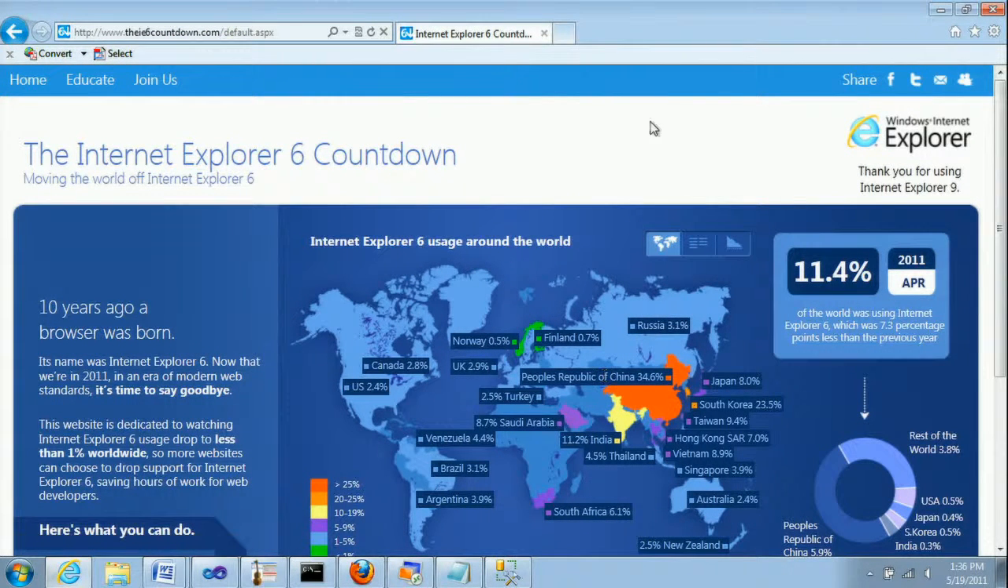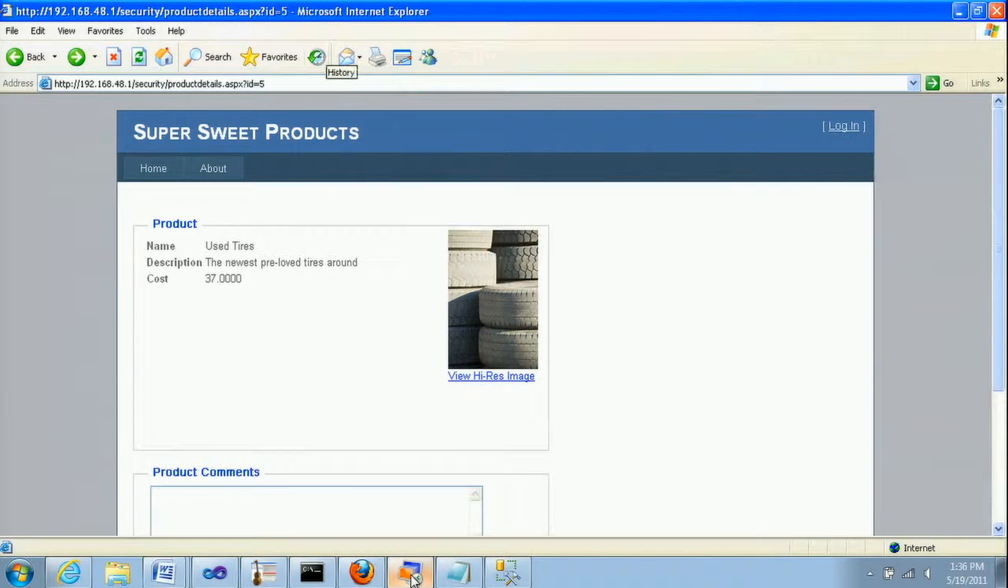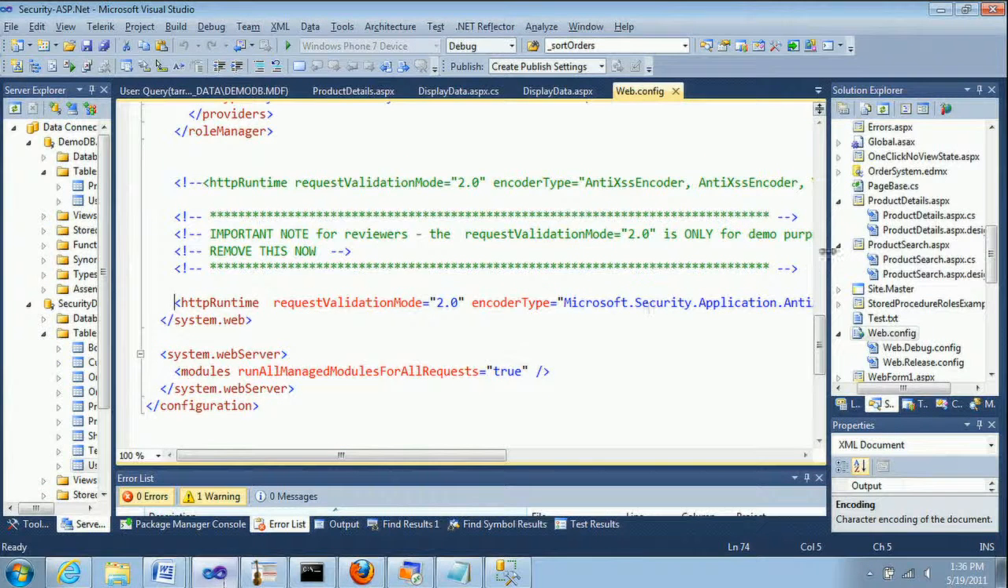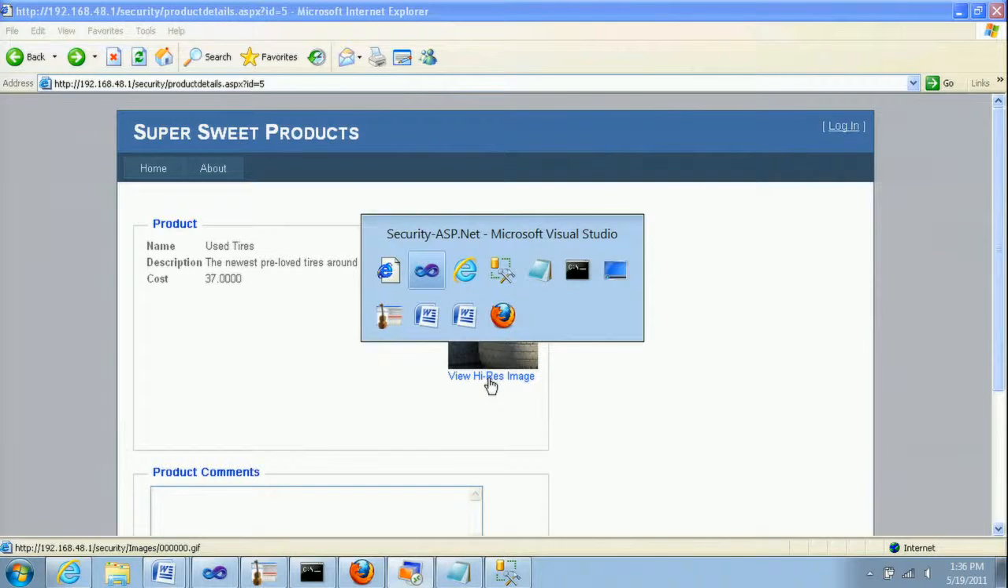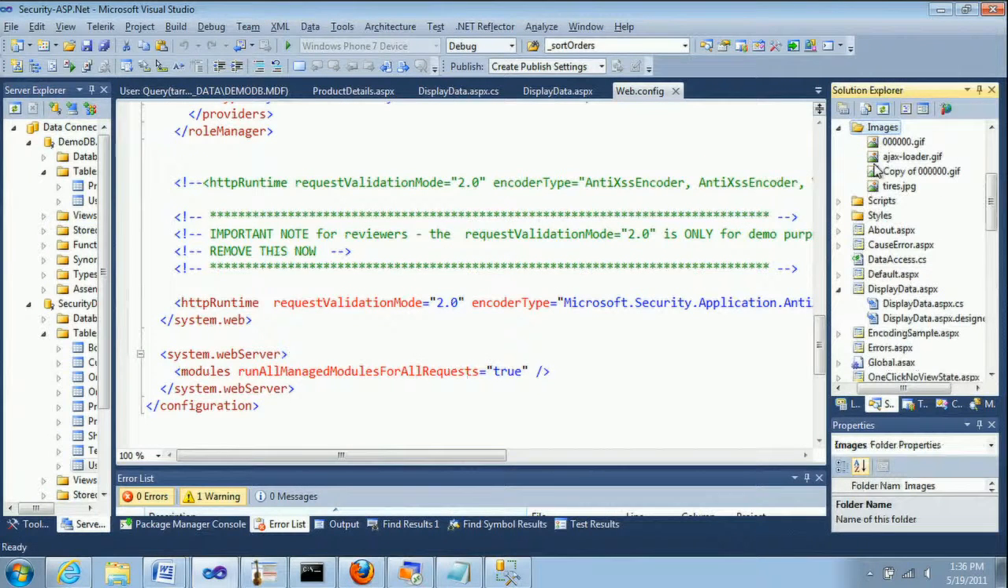And let me show you how easy it is to cause problems. I have Internet Explorer 6 running in virtual mode here. It's basically a virtual machine. Let me show you, there's a link on here to view a high-res image. This is just a link to a GIF. You can see at the bottom, 00000.gif. If we look at what that GIF contains in our images folder,